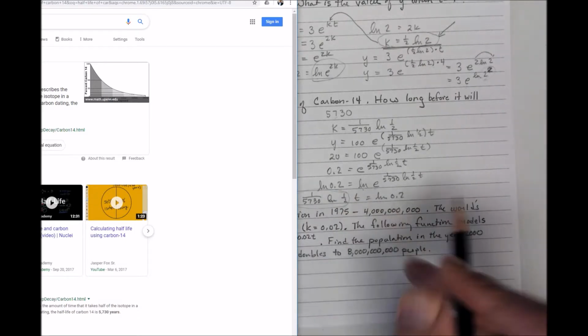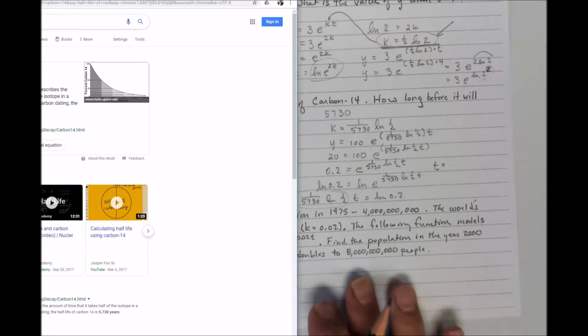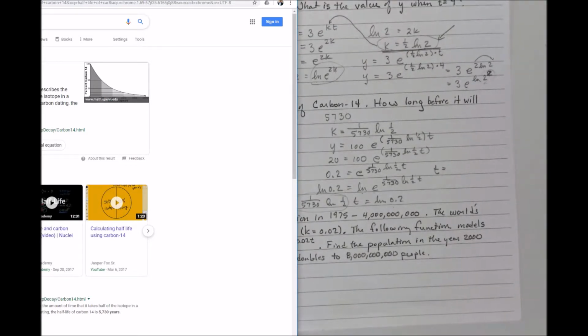So I'm going to get t is equal to, and I got to get Mr. Calculator out of the drawer here real quick. Maybe I've done this on separate paper. I should have done this ahead of time. Let's see, and what a mess this is going to be. I'm going to have the natural log of 0.2 divided by, and then in parentheses I'm going to have 1 divided by 5,730